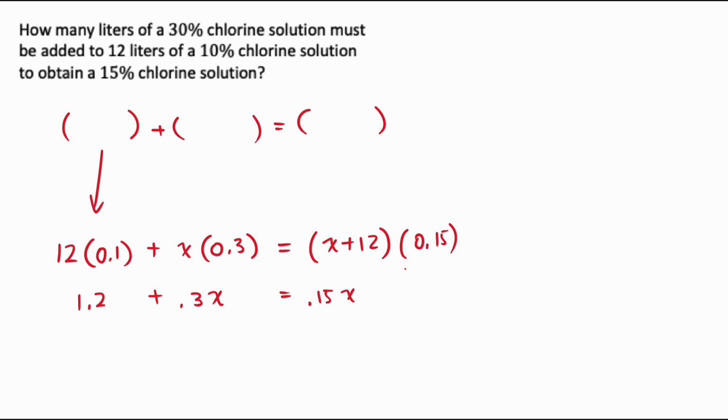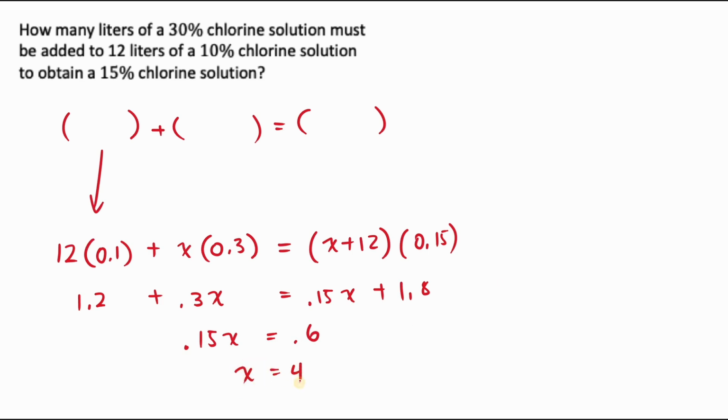and then if we distribute this x, we'll have 0.15x, and then 12 times 0.15 gives us 1.8. So on this side, we will have 0.15x plus 1.8, and then we just rearrange to solve for x. So let's subtract 0.15x from both sides and subtract 1.2 from both sides. That will give us 0.15x equals 0.6, and then if you just divide 0.6 by 0.15, that gives us x